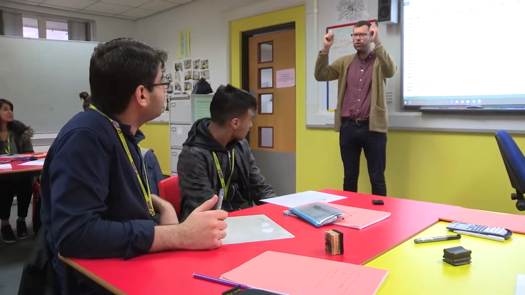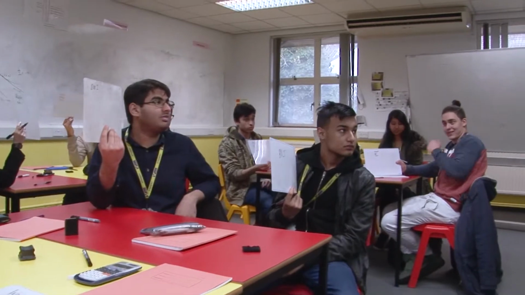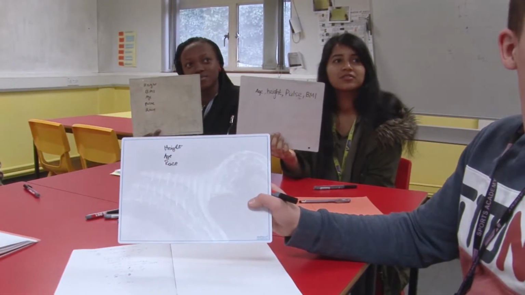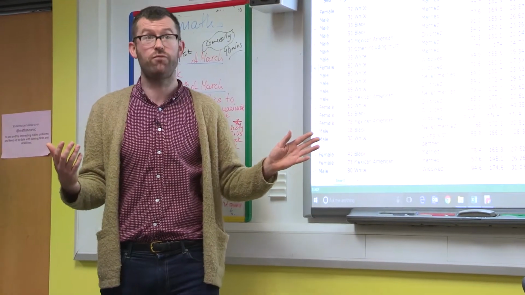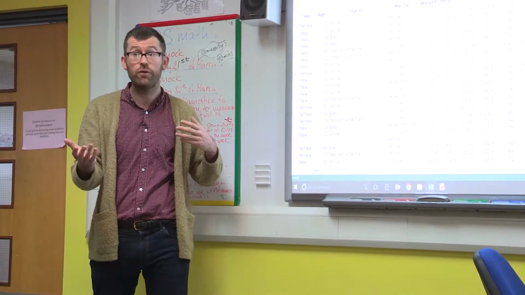Okay. Could you show me what you've got on your boards, please? Show me what you've got. Okay, you guys here have got BMI, quite a lot over here. Waist, BMI, pulse, weight, age and height. What sort of data do we need, really, for something to be normally distributed? We want quantities, we want numbers, numeric data. Right, okay. So, are we okay with saying race, that's out of the bag to begin with?